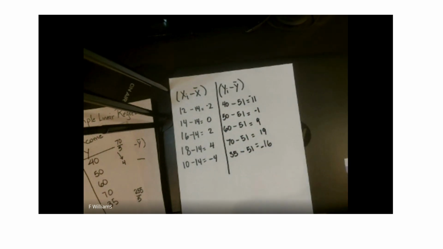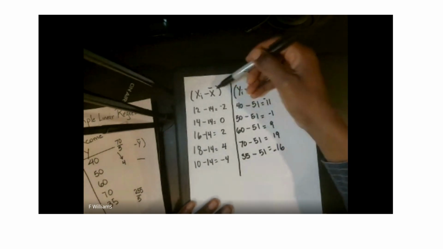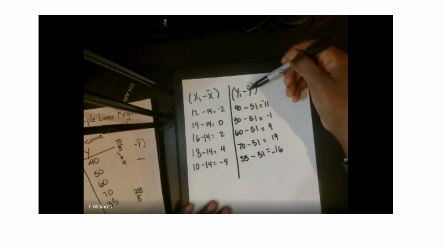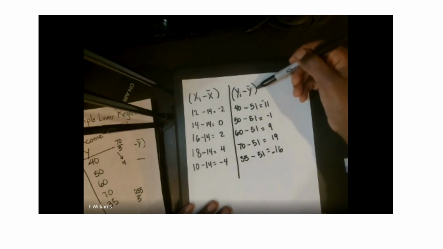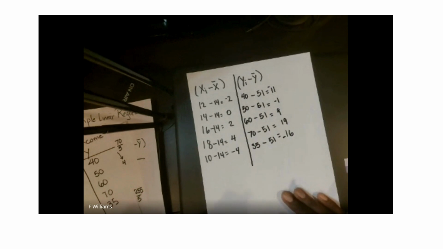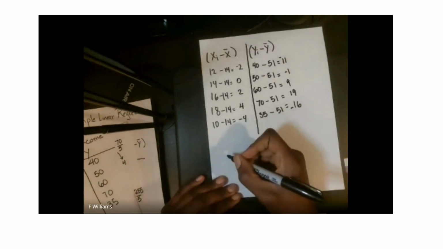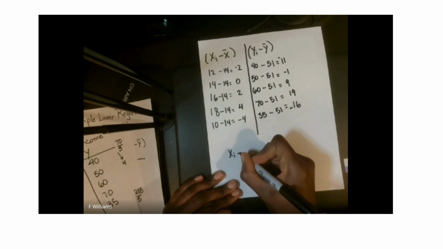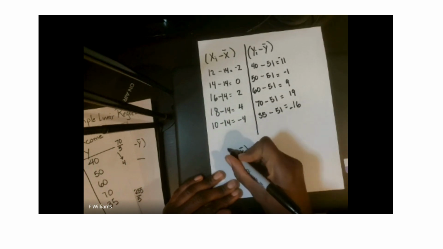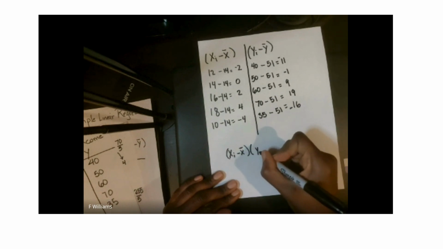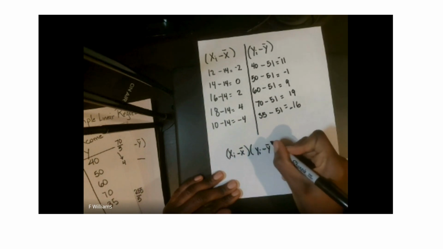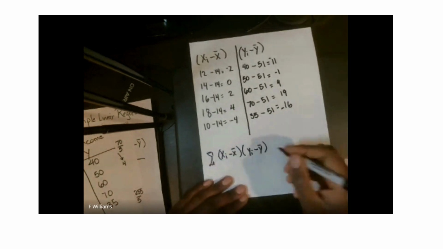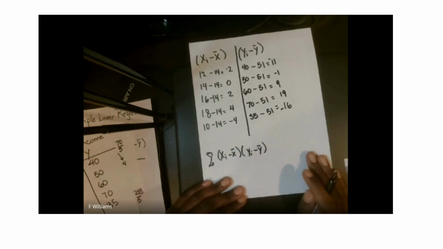Okay. And so the equation says you want to take these two things. The numerator for the equation is to multiply these two things, right? That's what the numerator says to do. And so that's what the first part is. So when we take our equation for beta 1, it's xi minus x bar times our yi minus y bar. Okay. So we've got to multiply those, and you sum them up after you multiply. Okay. So our multiplication then for these things would be